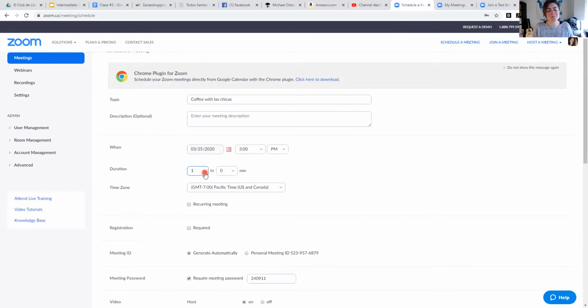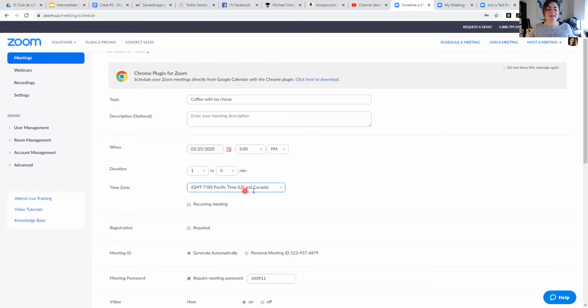And something really important to mention is that if you're meeting with more than one person and you just have a free Zoom plan, you're going to get cut off at 40 minutes. The longest meeting you can have with a group on a free plan is 40 minutes long. However, if you have a paid plan, then you can go up to 24 hours, and 40 minutes is a really great time. If you're only meeting one-on-one, if it's just you and one other person, that same time restriction doesn't apply. So keep that in mind. If you're scheduling for multiple people, know that it'll cut you off at 40 minutes. If you're scheduling just one-on-one, set it for however long you want it to be